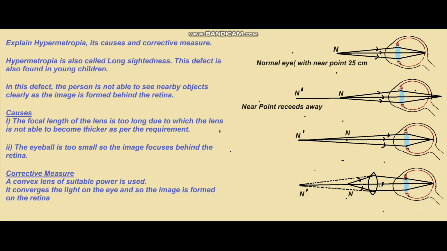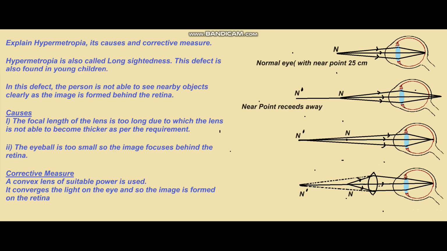The first, the near point of a normal eye is 25 centimeters. Second, the distance between the eye lens and the retina for a normal eye is about 2.5 centimeters. So, a normal person can see objects kept at the near point, that is 25 centimeters, very clearly. Now, this is shown by the first diagram. You can see that the rays coming from the near point are focusing on the retina, enabling us to see the objects